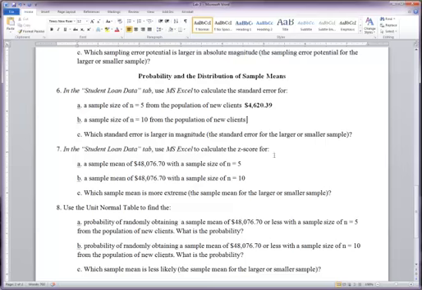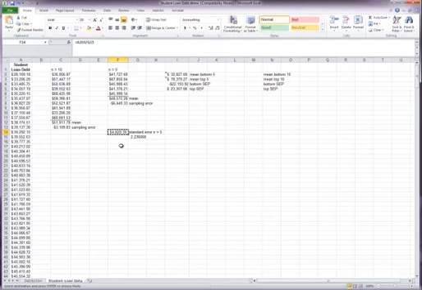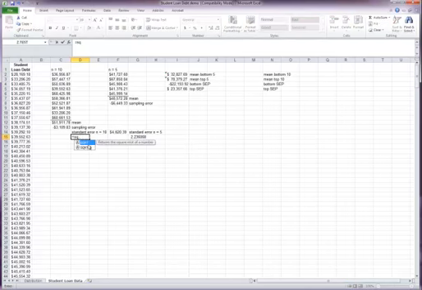Now let's do the same thing, only with a sample size of 10. So we've already got the population standard deviation for the numerator, but we're going to need to find the square root of 10 to put that into the denominator of the formula. So I'm going to go over here and put standard error n equals 10. And here I'm just going to find the square root of the sample size. So equals SQRT, square root,